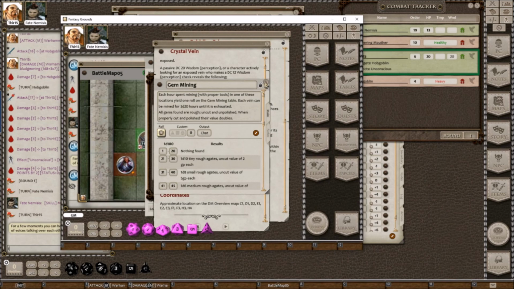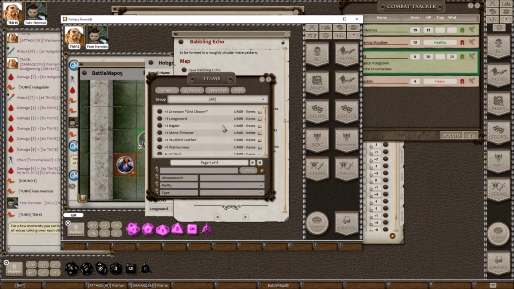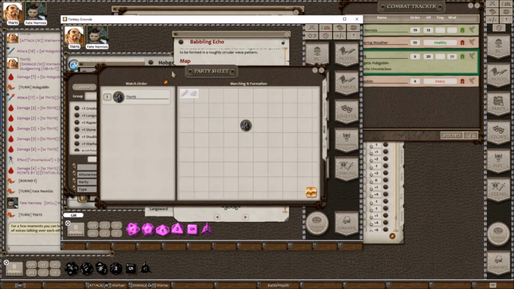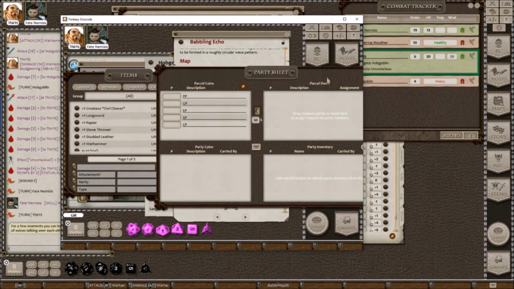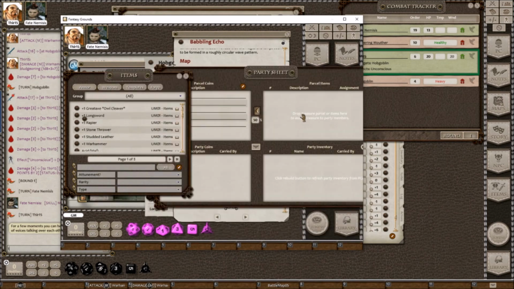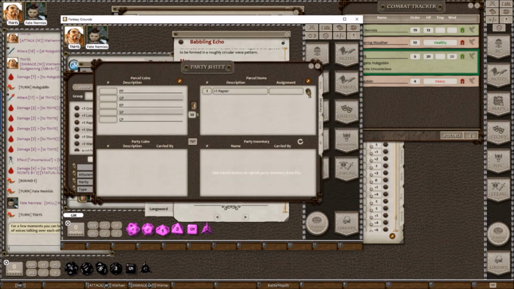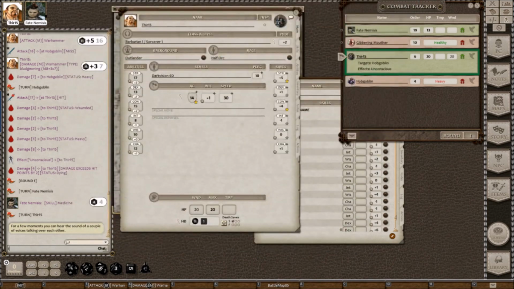Or it could just be the DM can say, you found a +1 rapier. So if I add that to the party inventory, I can also control whether or not it's identified. Notice it's not identified. So if I come in as the party,